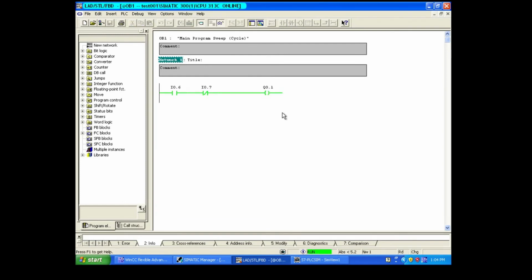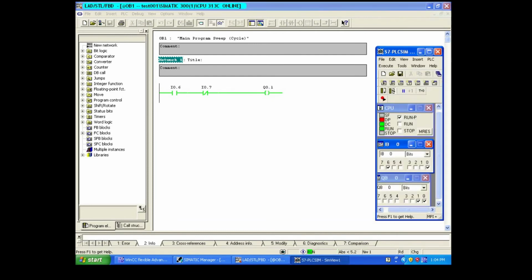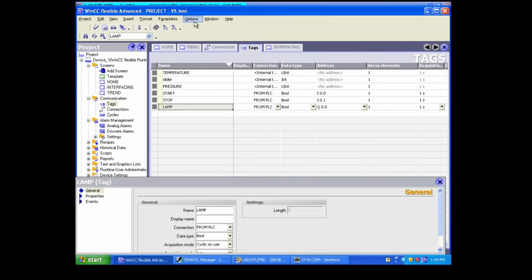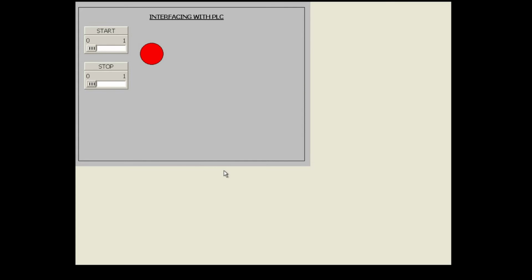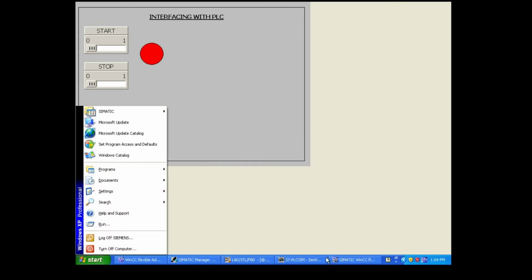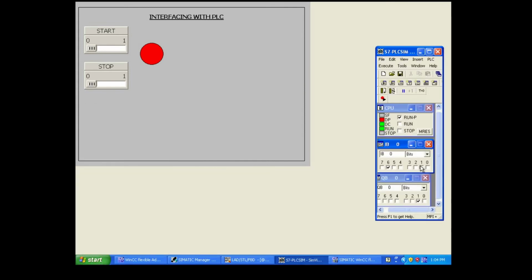So I'm changing here and I'm going online and doing the simulation. Fine. So now everything is on because this fellow is on. This is on. I'll turn off this. Right. I0.6 is on. Q0.1 is on. If you see in the SCADA, if I go online, go to interfacing, I'll turn on this.